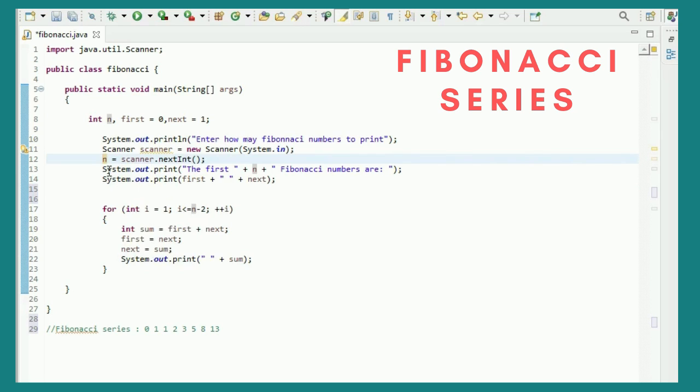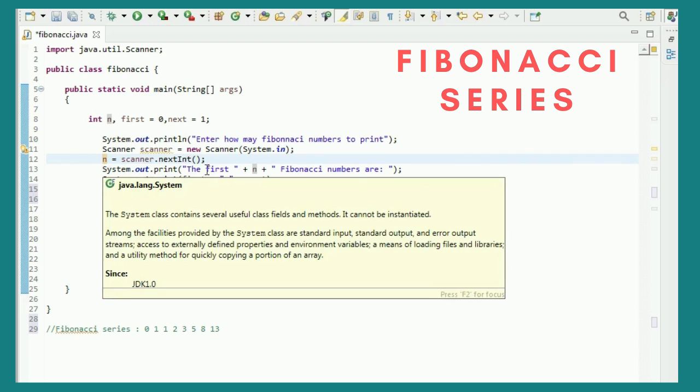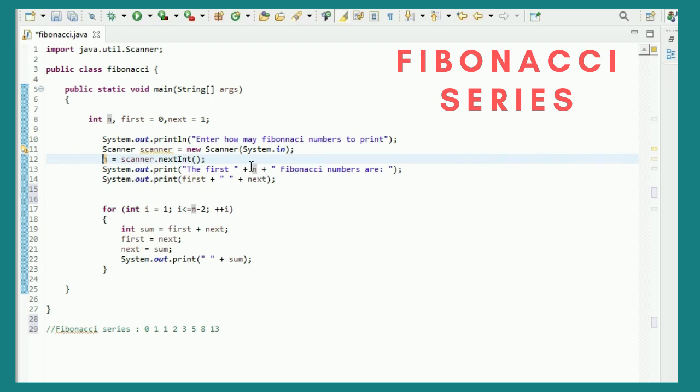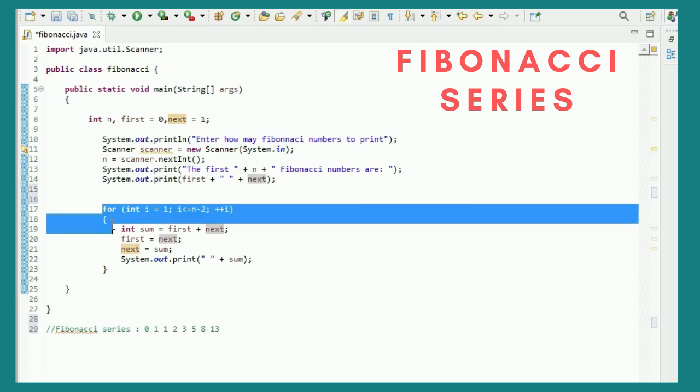Thereafter, in the next line of code, I am printing n numbers in the Fibonacci series. I am displaying 0 and 1 here, and for the other numbers, the logic of how they are calculated is defined here.